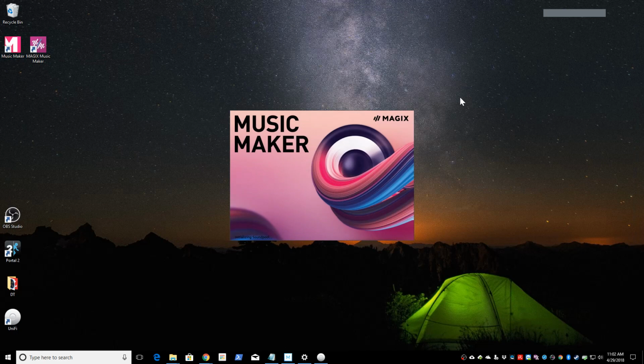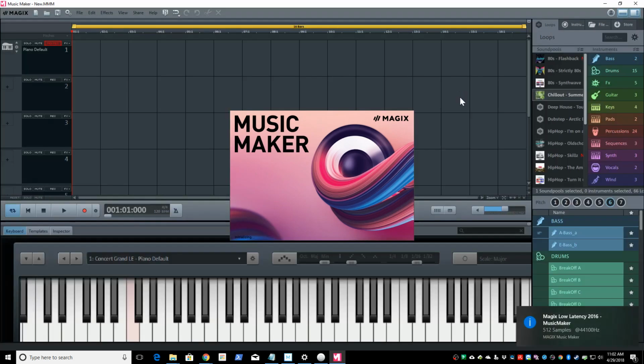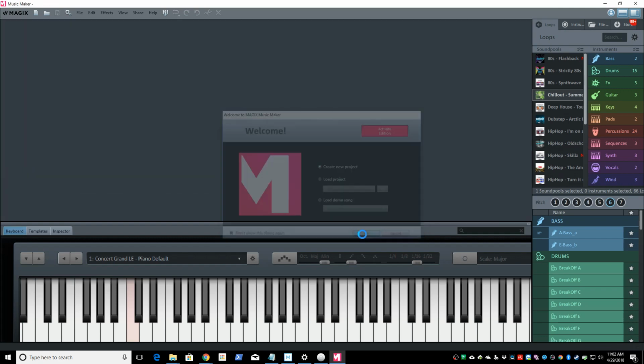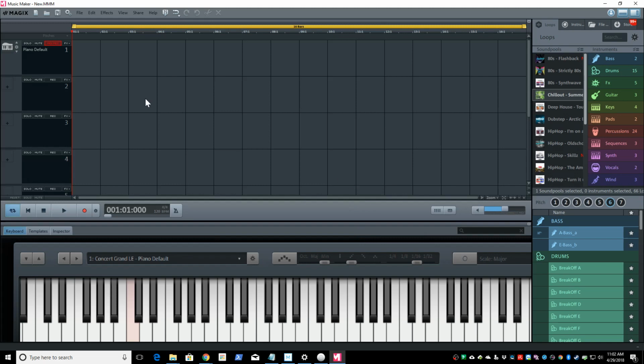Now, Music Maker seems to be very finicky about this. Anytime I make any kind of change to where my MIDI data is coming or going, I have to restart Music Maker. They're not the only ones. I have SoundForge Audio Studio, I have Ableton, I got a few others. They all do this to some degree. Simply restart them, and now